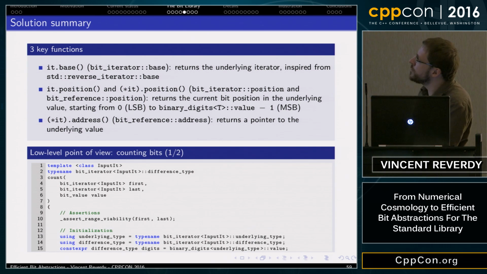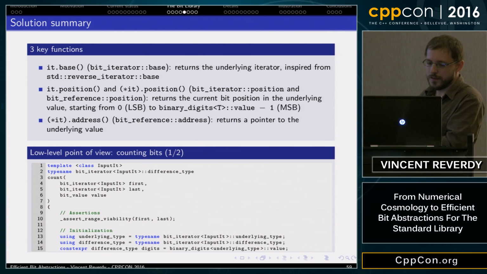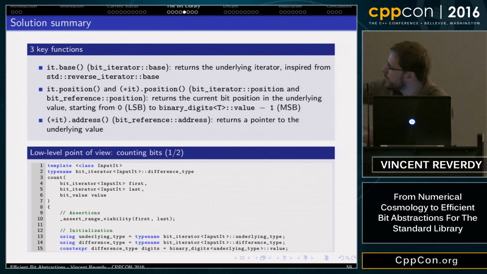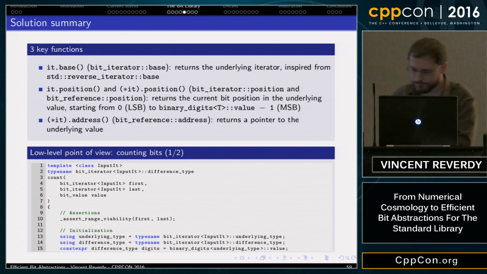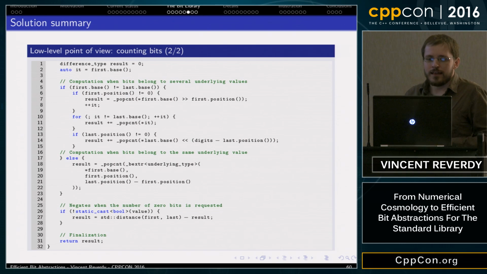So, for example, if we want to implement a specialization of the count algorithm for bits, let's do the implementation for a bit iterator first, a bit iterator last, and a bit value. So here we just declare some types, and we check if the sequence is good. And then we have two cases.